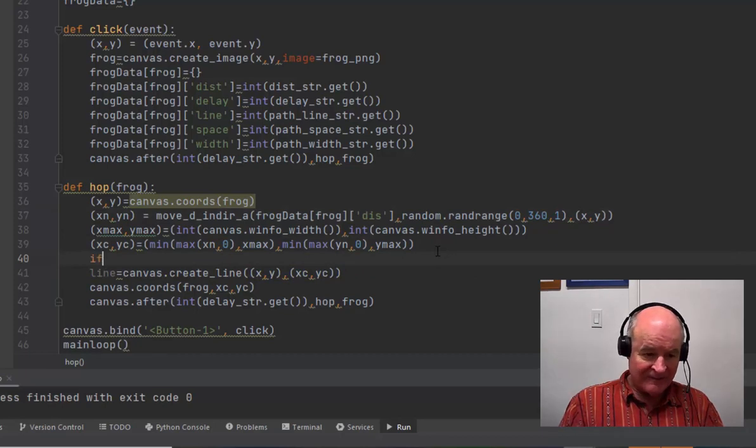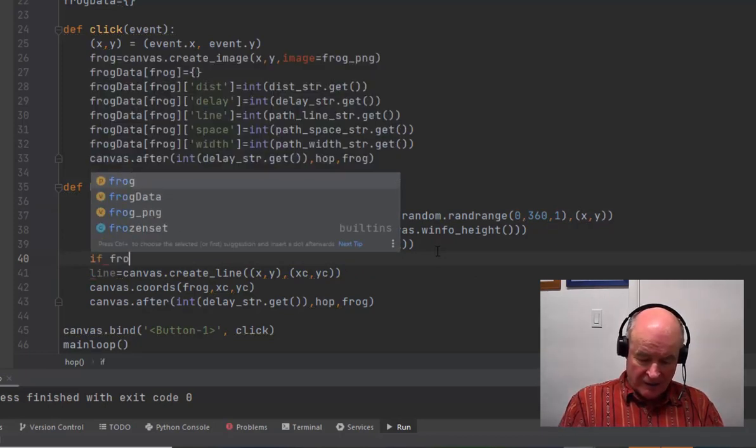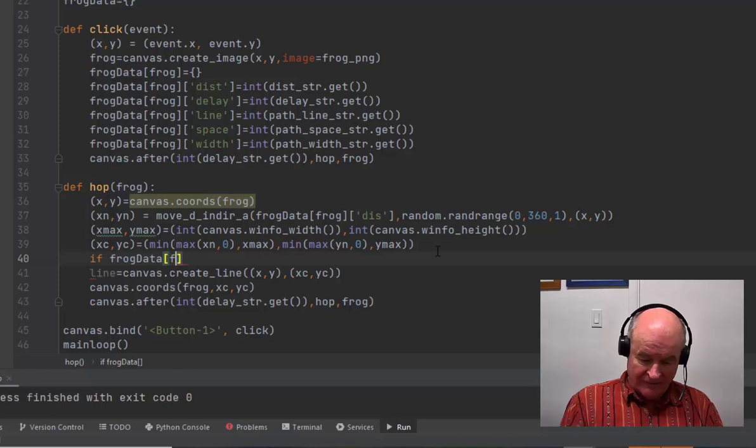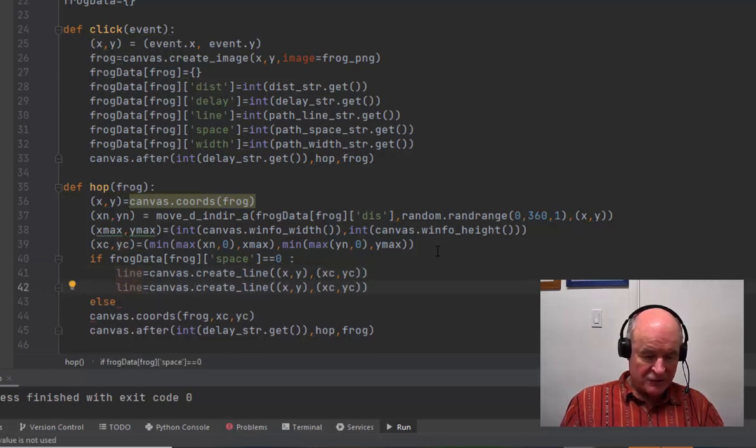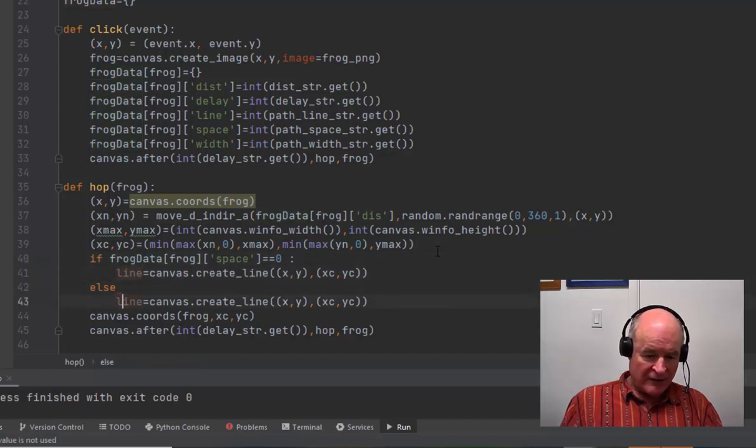So if frog data of frog, if this frog's space equals 0, then we're going to create this line. Otherwise, duplicate this line and shift control and move it down. So when the space is 0, we'll create a solid line, and when the space is non-zero, we'll create a dashed line. The first thing that we need to do is to set